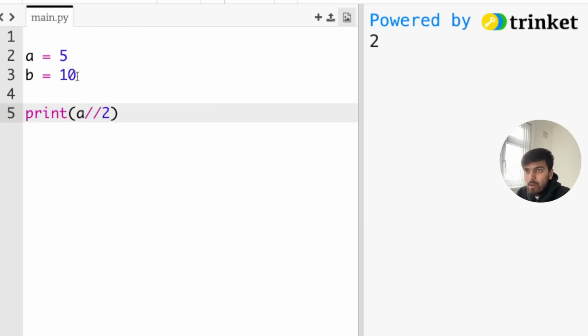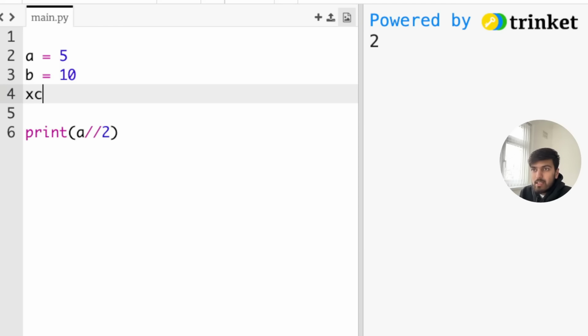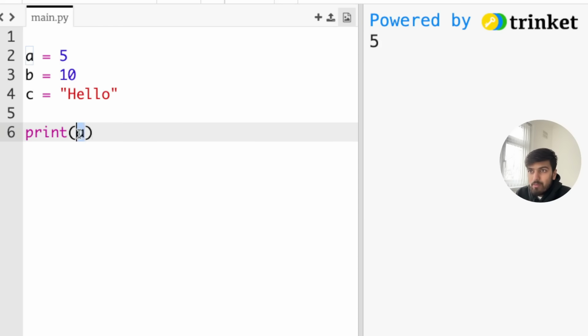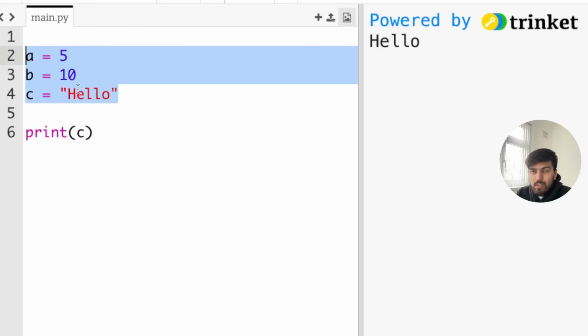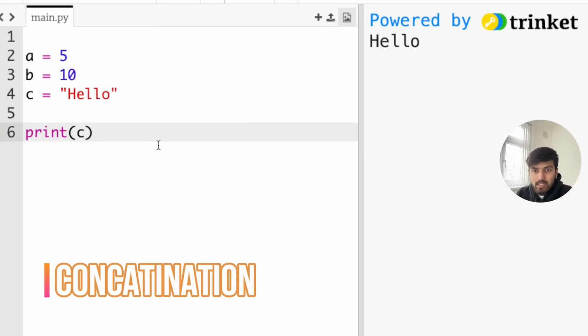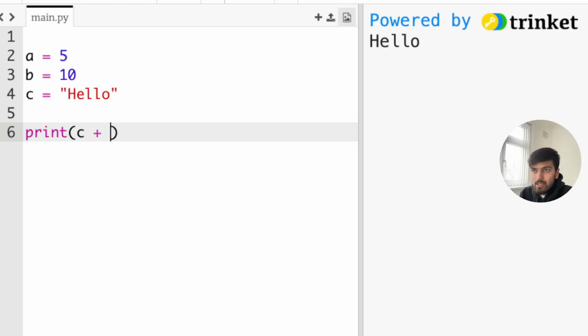Now we can talk about using different data types. So let's say we have C equal to a string, which is maybe "hello". If we print C, we'll get hello. Now, how do we join these together? The way that we can do this is using a technique called concatenation. This is something that you need to know. Concatenation basically means we can add plus A,